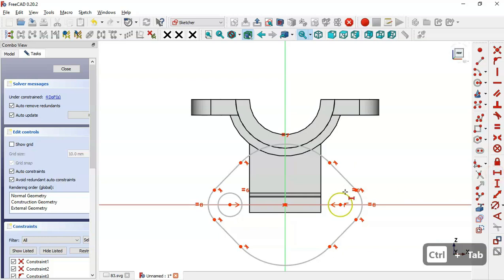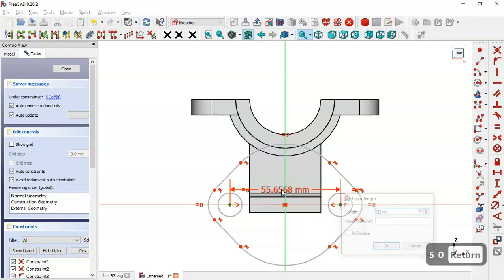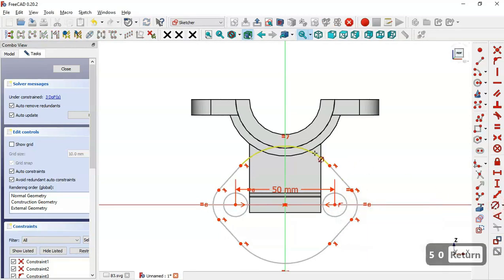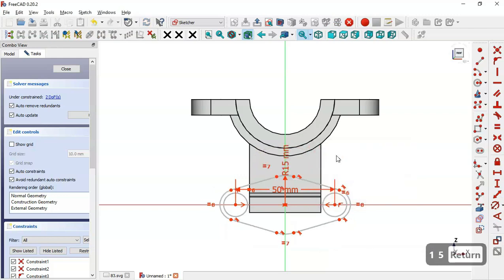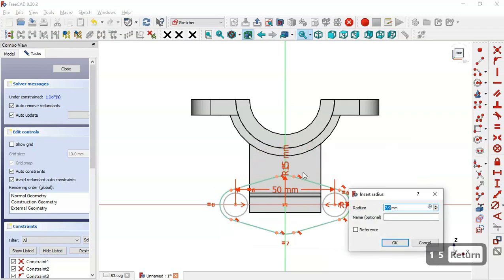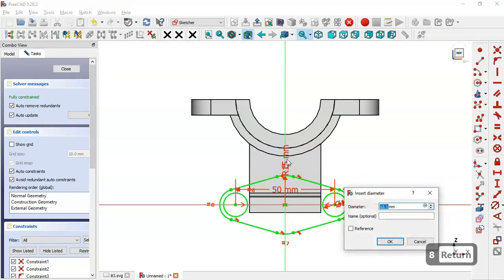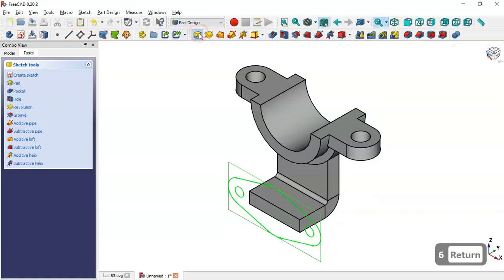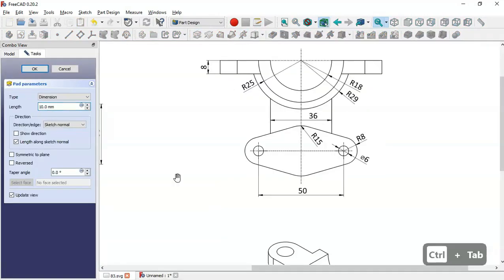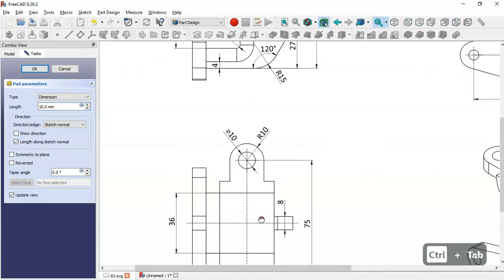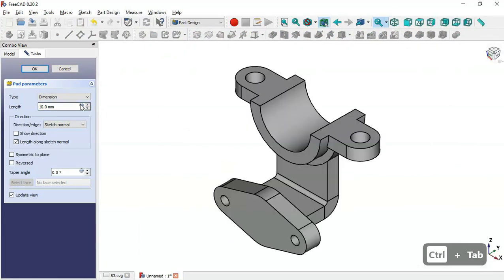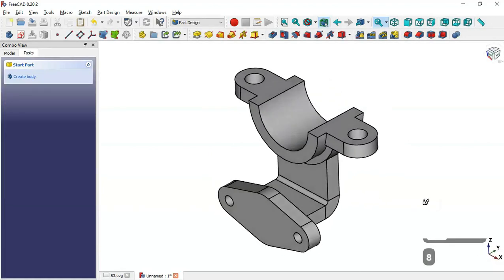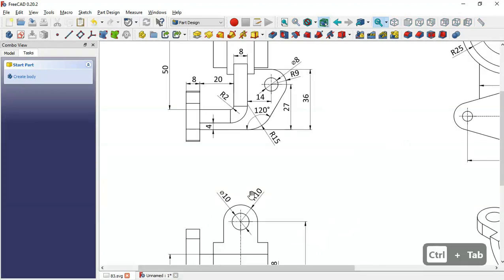So just select this horizontal distance tool, now these two center points, and set 50. And now select this constraint here, set 15 for the radius of this arc here, 8 for this arc, and 6 for the diameter of these circles. And now leave the sketch and select the pad tool, and here we'll set the length of 8 for this pad. Okay, and now click OK. And now as you can see, we have this part here, and the next step here is to create this